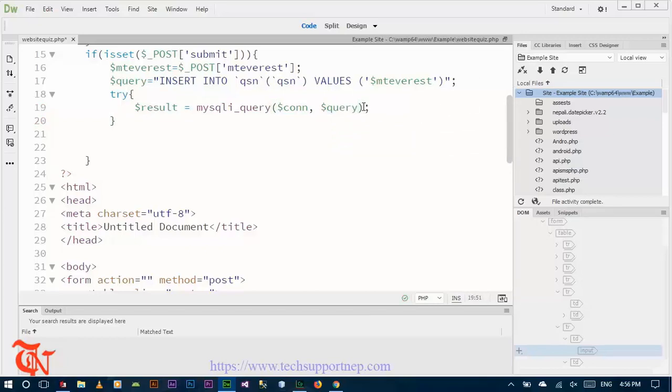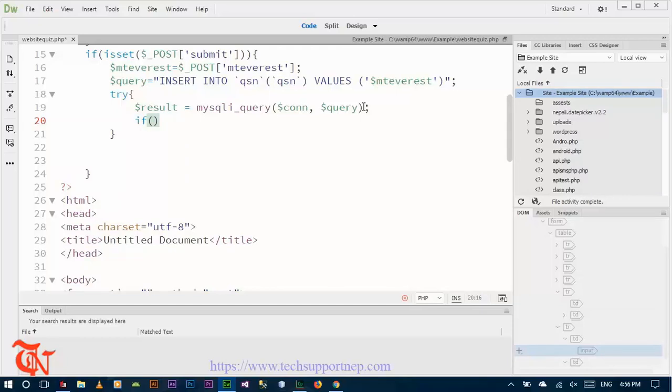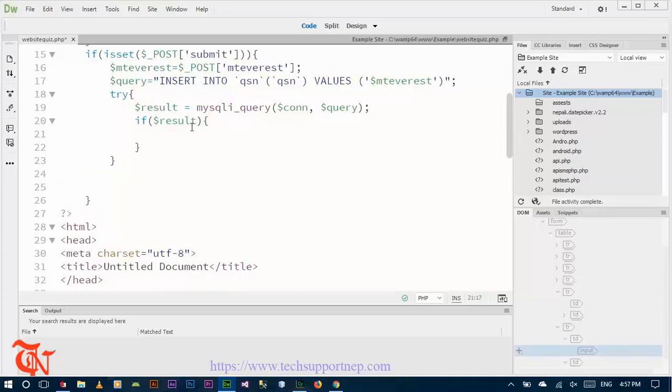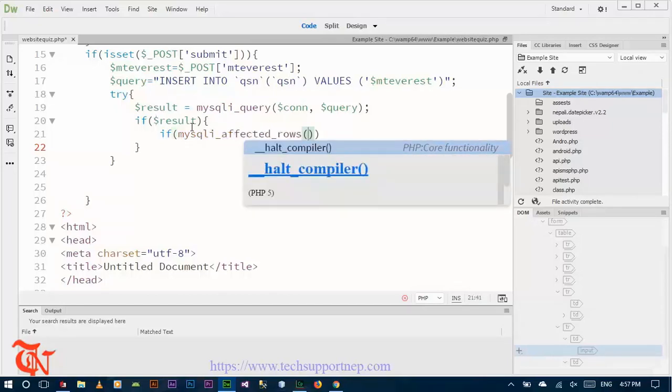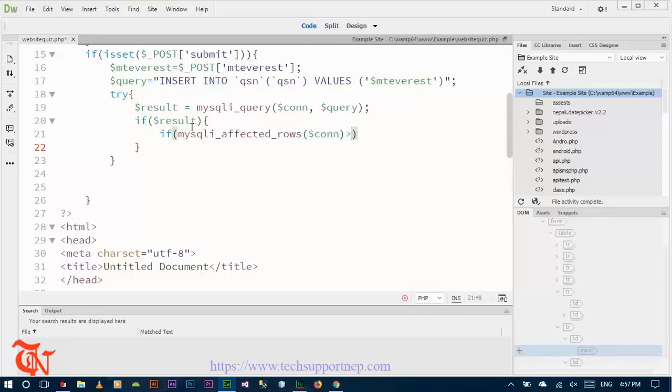So this result variable stores the query, that is, it executes the query into our database, and then if there will be a result, that means if there is a value in the query section, here goes if there is the number of rows, mysqli_affected_rows, if there is an affected row, connection, that goes greater than 0. If there is a row having data, that means if there is any one row in the database,